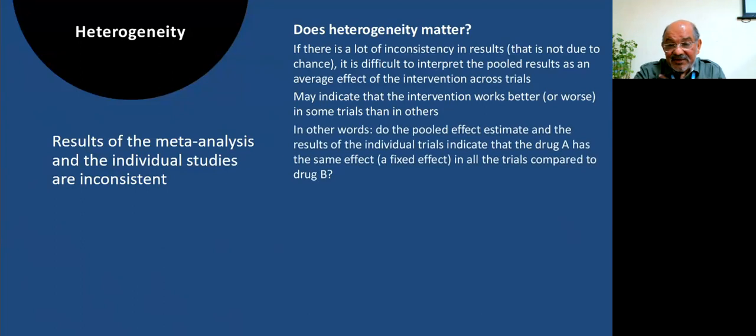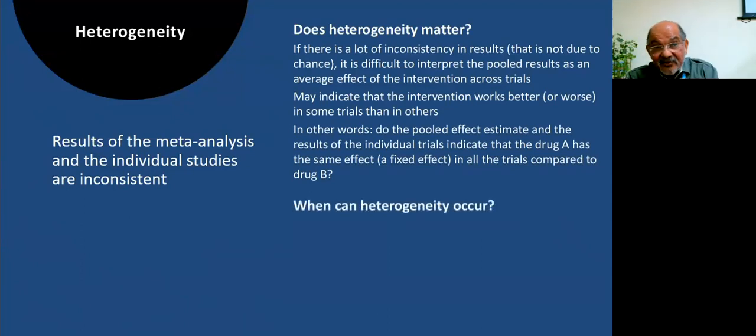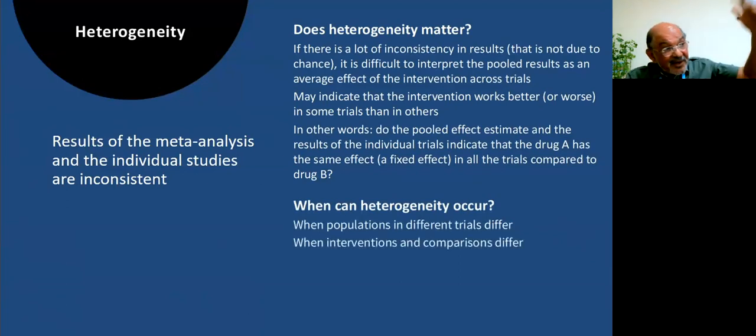That's called a fixed effect meta-analysis. That is where you differentially weight so that the studies which have more information, narrow confidence intervals, get more weight, assuming that the drug is working the same way in all the studies. That's the assumption. Now, you can get heterogeneity if your populations are different, if your interventions and comparisons are different